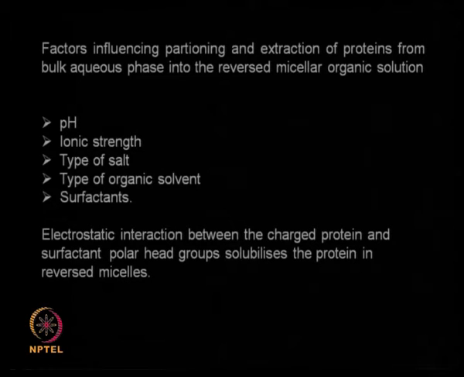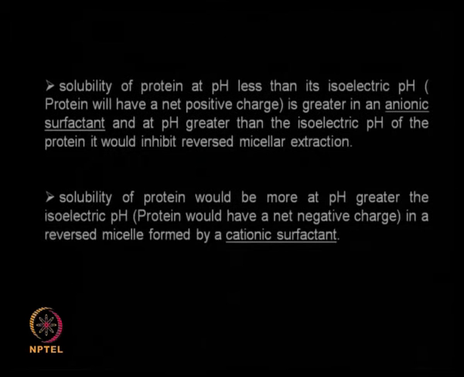So by selecting these conditions, especially the type of surfactant you take, the type of salt you add, the changes in pH as well as the ionic strength, we will be able to solubilize more of the protein. That way we will be able to extract things better. You all know what an isoelectric pH is. Isoelectric pH is the pH at which a protein will have net zero charge. So if you know the isoelectric pH of a protein,